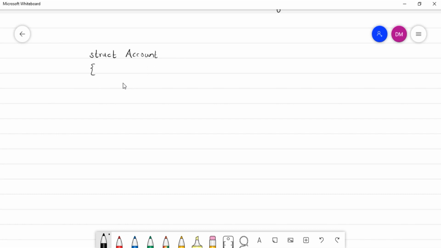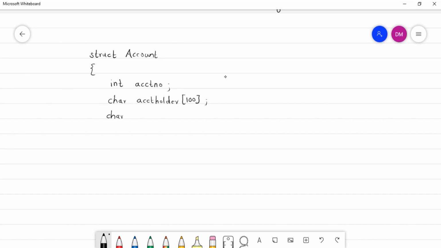So let us define these members. Let us define account number of type integer. So int ACCT NO, account number. Then account holder will be a character array, which is nothing but a string. So account holder, say of size 100. Then account type.